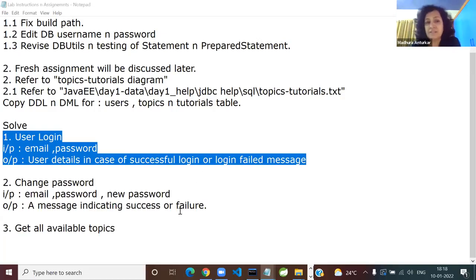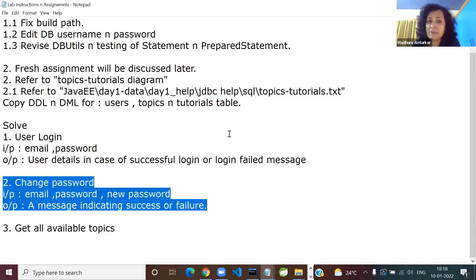So this is compulsory. Change password, I'm not making it compulsory. You can tell me, because there is a small change. When you say change password, which type of SQL would you like to use? I got the answer from Rohit already, DML. The only change, guys, is you'll have to do a little bit of self-learning and reading. That's why I'm making it optional. Instead of executeQuery, the method you'll use for this update query is executeUpdate. I have written everything in that README, JDBC, everything is there. If you want, you can do that.